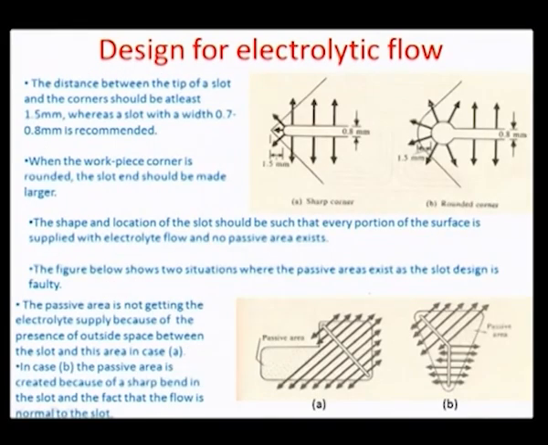When you are designing the tools with sharp corners for the ECM process, you have to follow some thumb rules. For example, the distance between the tip of a slot and the corner. So you are talking about this distance, okay, from this tip to the corner. And that should be at least 1.5 mm, for obvious reasons that